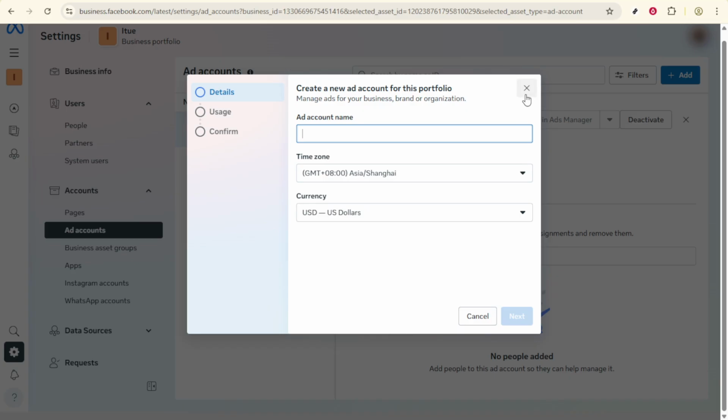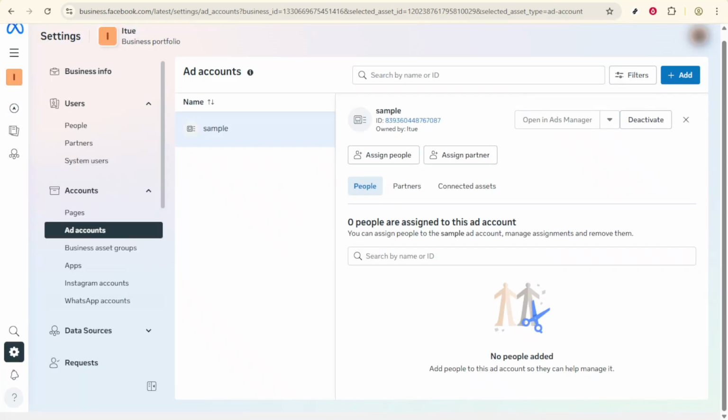And there you have it. By following these steps, you can efficiently add a Facebook ad account to Meta Business Suite and start managing your